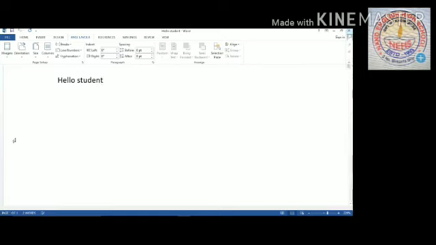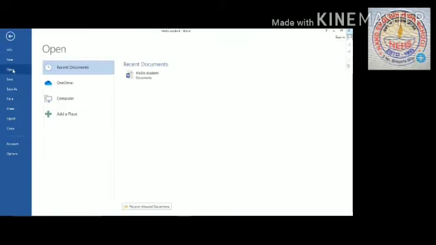First, click on the File tab, then click on the Open option. Okay, then the Open dialog box appears. Then select a folder or drive. Here are given recent documents, drive or computer where you have saved your program. So click and then you get your program.